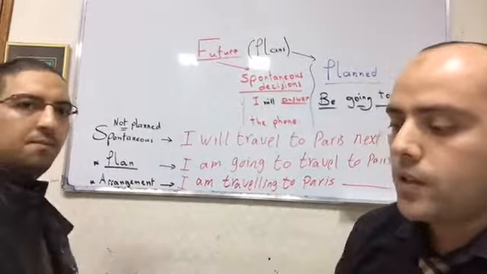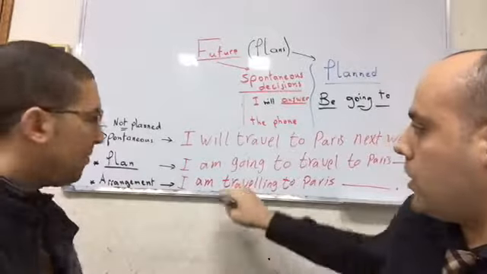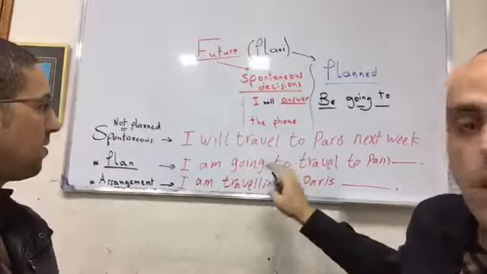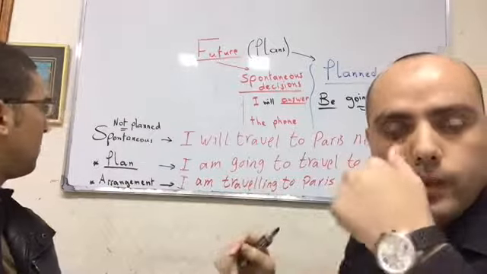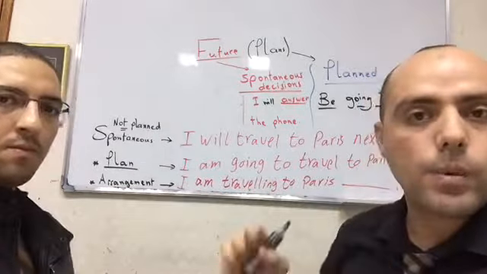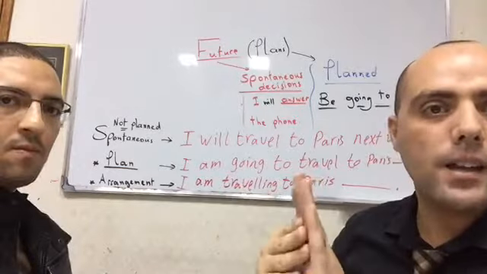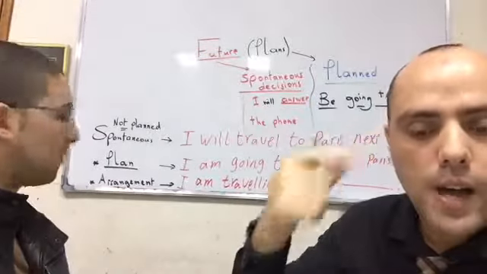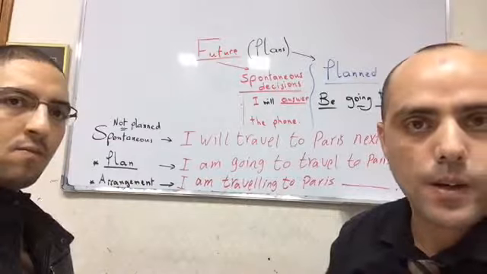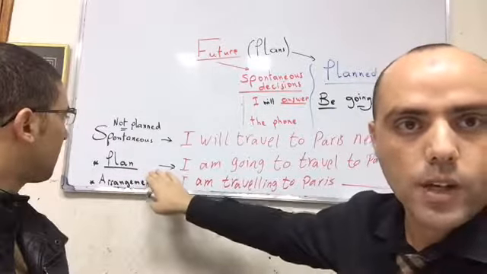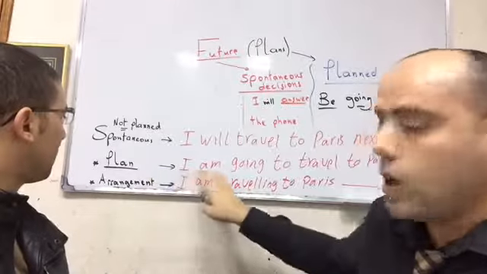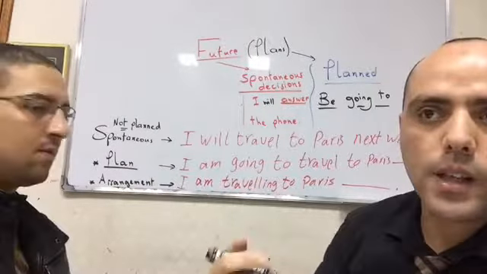Okay, but tell you what, the number 2 here, I'm going to travel to Paris. It means that you have already planned. You have a plan, either in your mind or you have written it on a piece of paper. So that's what we call a planned action in the future. So that's why we can use be going to, because for example, you're going to